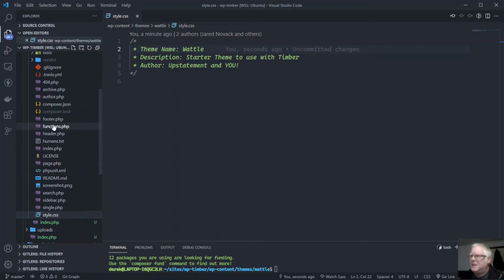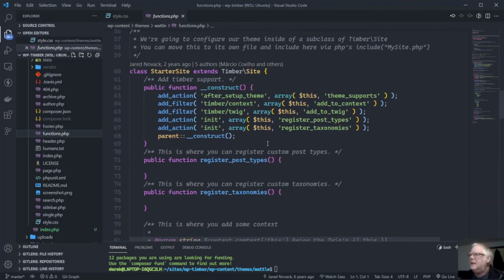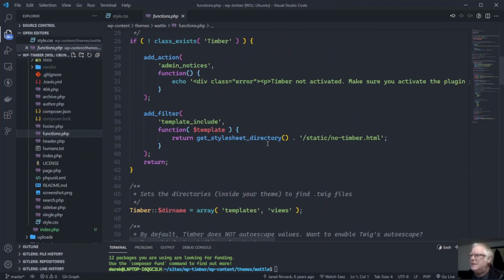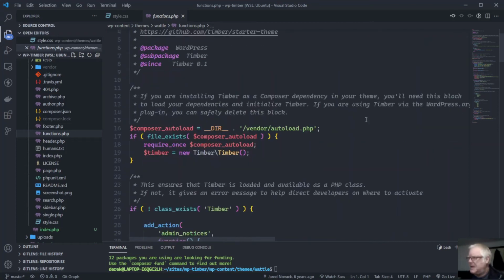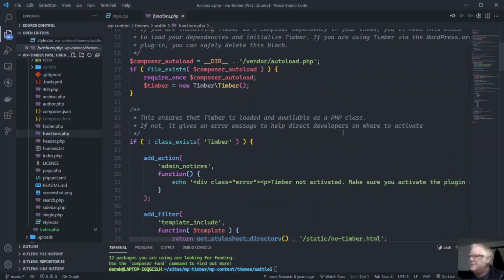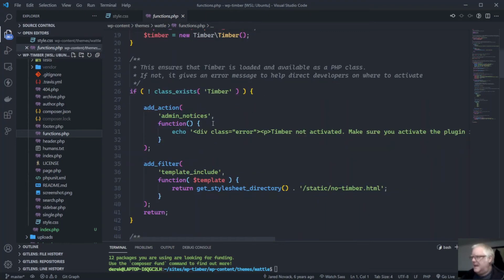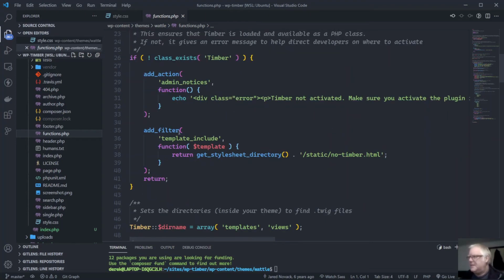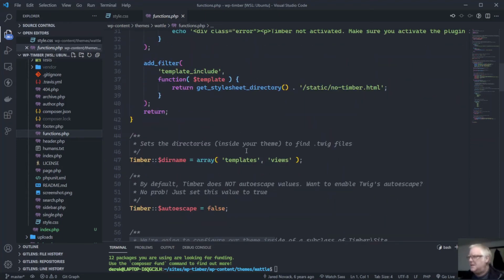We'll start with the functions file. Now what we've got in the functions file here is a whole bunch of stuff, but it's starting with the Timber starter theme. It's bringing in the Composer autoload, and now we've got the usual sort of startup system we have for WordPress, adding actions, adding filters for templates, setting the directory name up,